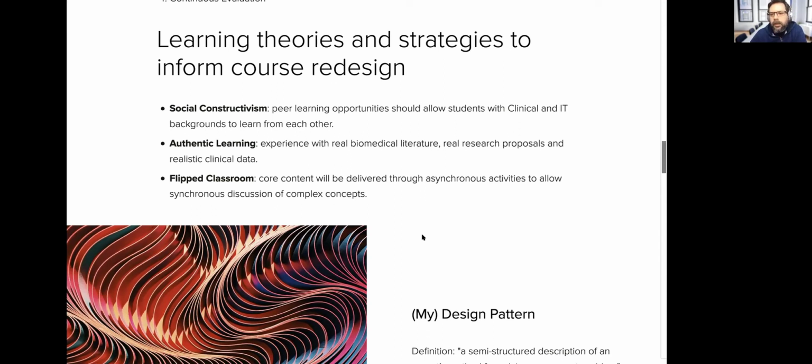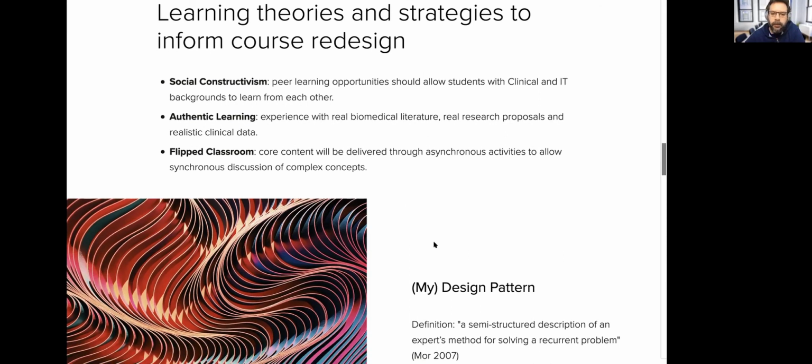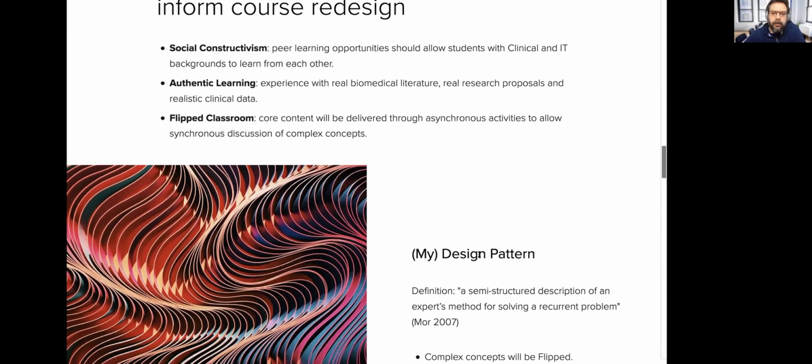So most of the work that is going to be happening this semester is group-based learning and activities. And I created the groups myself. They were not randomly created. I generated a survey to understand their backgrounds and learning objectives. So based on that, the groups were created. Authentic learning: experience with real biomedical literature, real research proposals, and realistic clinical data. And the flipped classroom: the core content will be delivered through asynchronous activities to allow synchronous discussion of complex